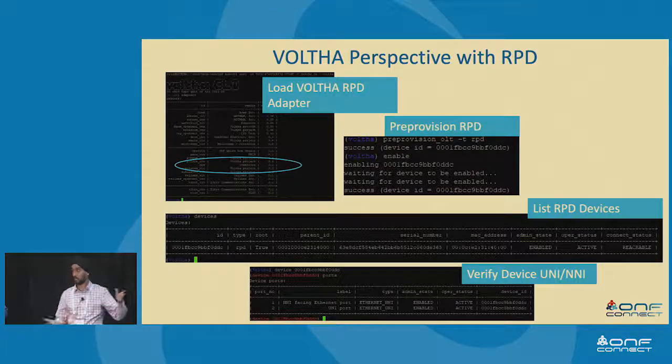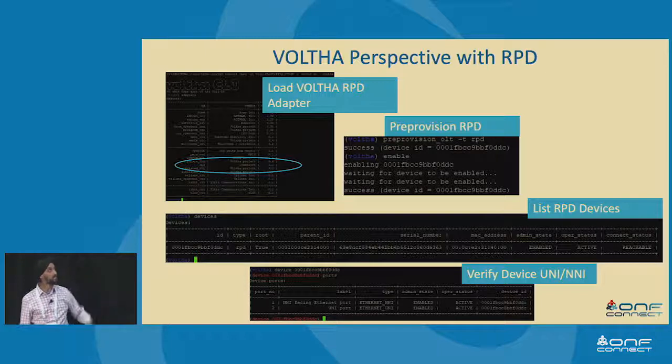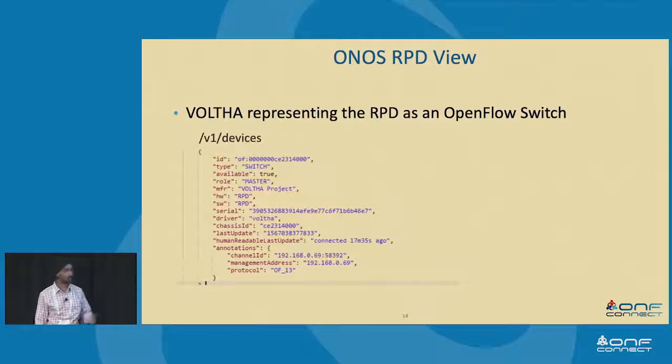So that actual work was very fast to do, right? It wasn't like it took long, this was a fast turnaround. So we now actually have, I know this is hard to see, an adapter type RPD in the repository. You're able to pre-provision an RPD just like you would pre-provision an OLT. You've got your devices listed out with the UNI and the NNI ports that are connected, right? As a result, when these get plugged in and registered, it sends an ONOS OpenFlow command. You've got your switch registered, right?